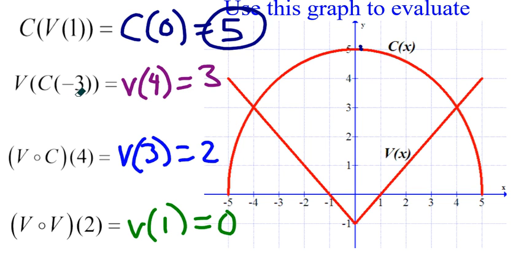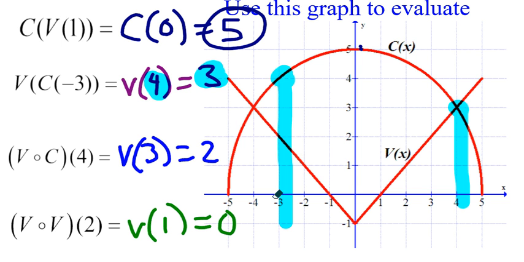So you can see C of -3. Now I start with the x value, -3, and I go to 4 on the C function. And so then I do V of 4, and you can see over here, V of 4 is 3. All right, then with the next one, I start with C of 4. So on the x, I go to 4, and I see the C value right there is 3, the y value. And so now I do V of 3,